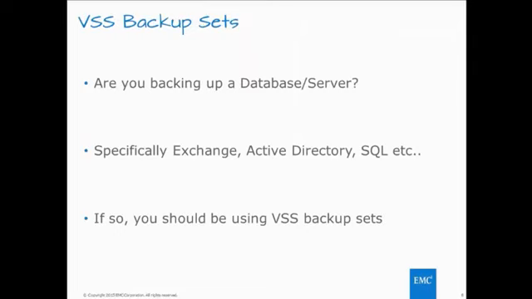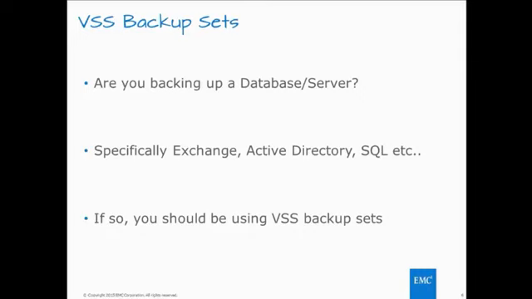So as I say, we'll look at more details and I'll show you in the walkthrough how the backup sets work and the advantages of them, in terms of inclusions and exclusions for backup sets. But now I'm going to look at some of the VSS backup sets. So VSS backup sets,